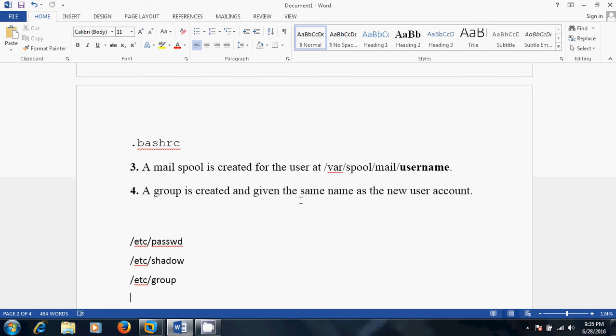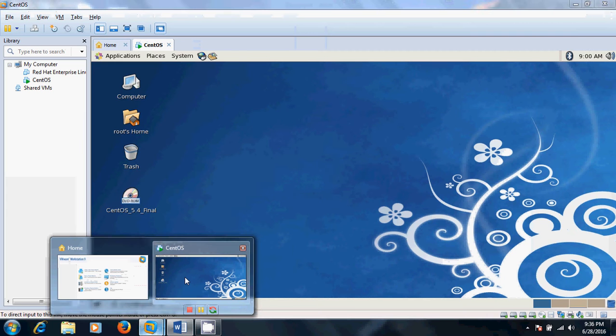Okay friends, first we create a user. Before that we have to take a backup, because we modify these files, so it is better to take a backup, because a mistake can crash our Linux system. So first of all, we make a directory. This is my CentOS.